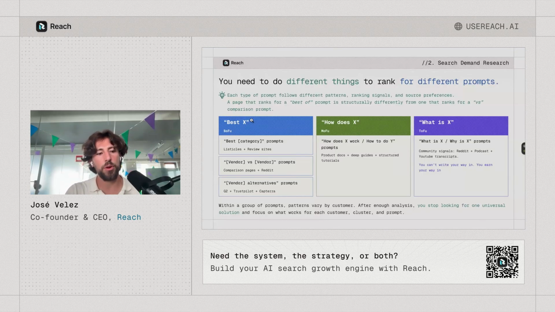I've seen all sorts of rubbish online, like if you add statistics, it increases citation by X, Y, and Z. If you add FAQs... That's trying to solve for the wrong problem, because what you need to do is work for each of the different types of prompts. So for example,